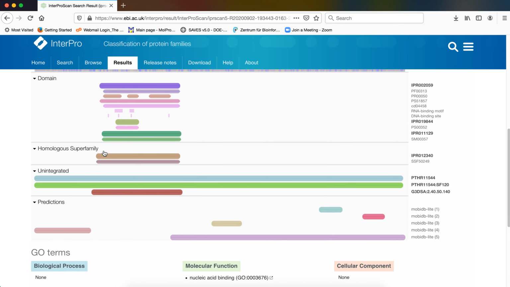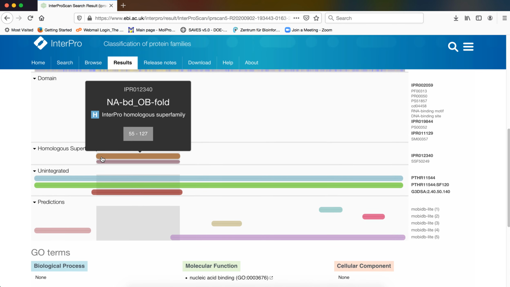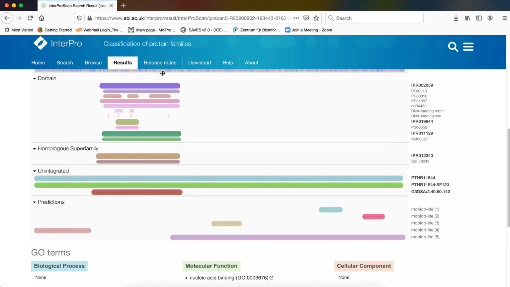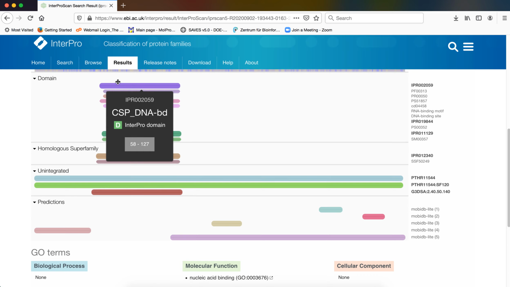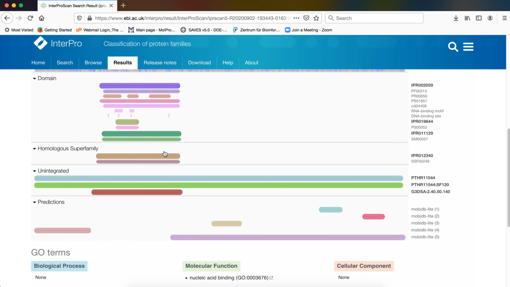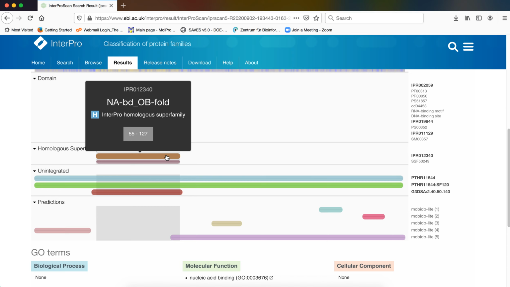Then comes the information pertaining to homologous superfamily. So this domain or the set of domains that have been identified by InterPro, what are the superfamilies to which these domains belong? That is the information that you can find in this particular segment of your results.